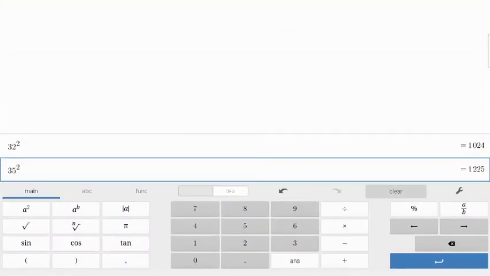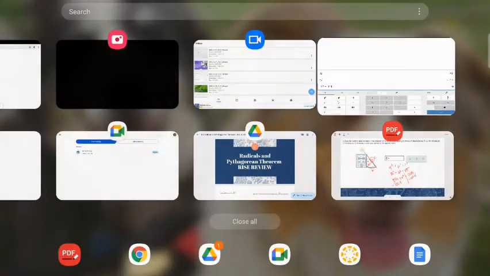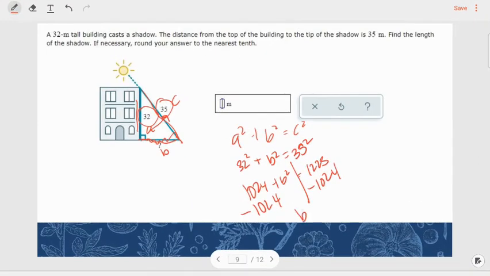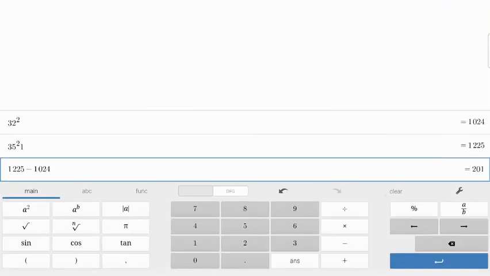1225 minus 1024. I like to click that blue button on this calculator because it leaves those numbers for me. I don't have to memorize it. So 201. Now remember that my answer is not 201. I need to take the square root. So the square root of 201